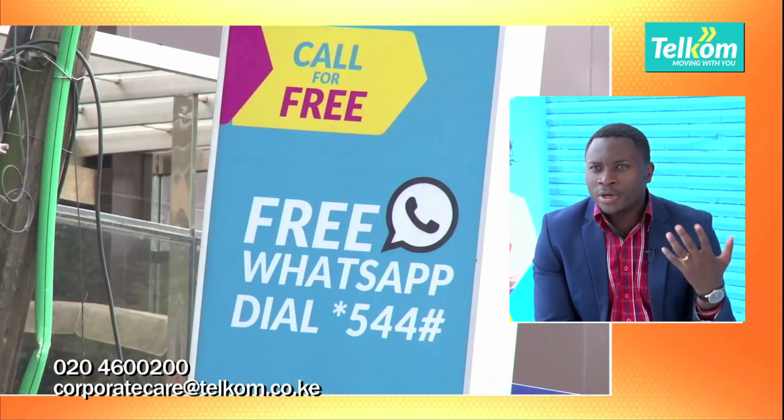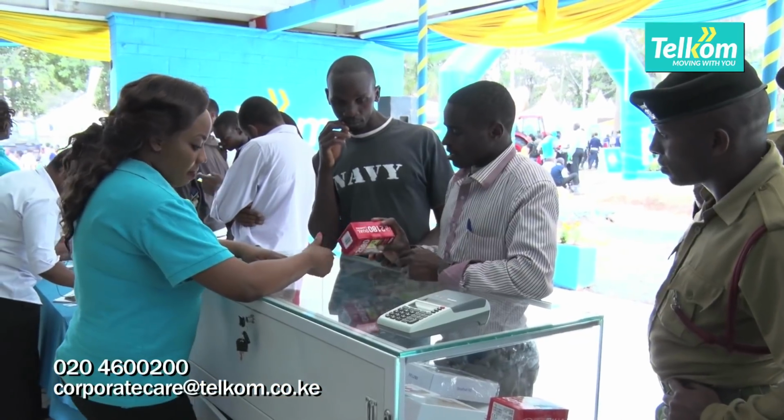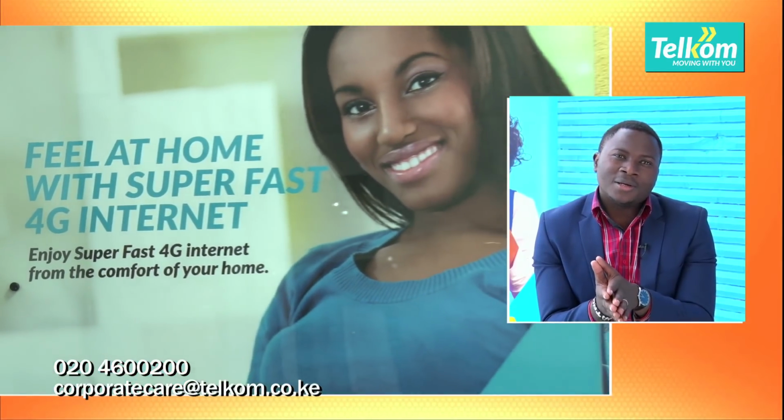Yeah, and even the modem used to be good. Maybe later we shifted to the router. Yeah, and now the line. I'll tell Kenyans, actually, they should consider